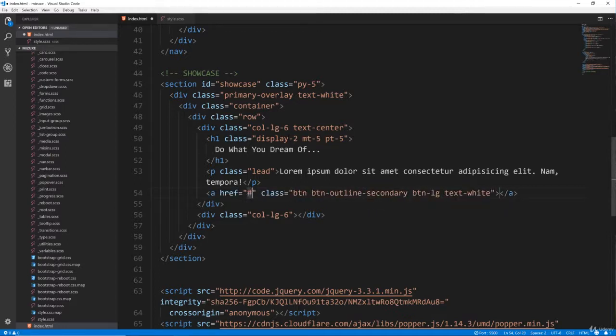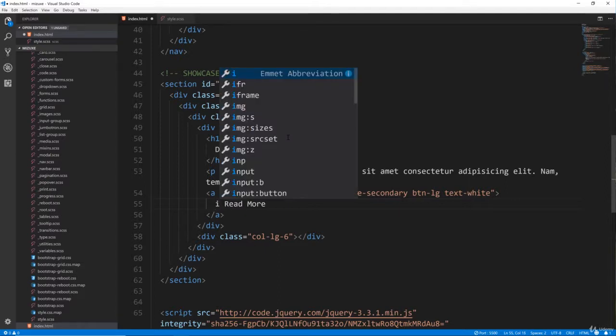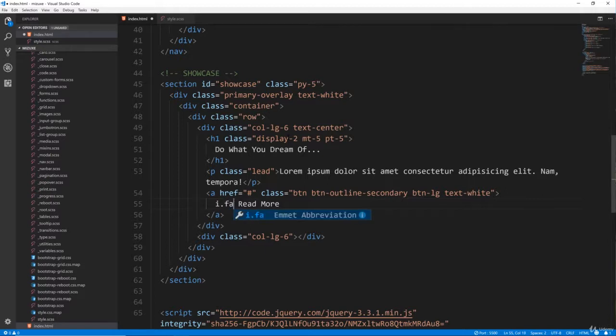Okay, and this is not actually going to go anywhere. And then inside the button, the text is going to be read more, but I also want to put an icon next to it, an arrow right icon from Font Awesome. So I'm going to put an I tag with the class of fas and also the class of